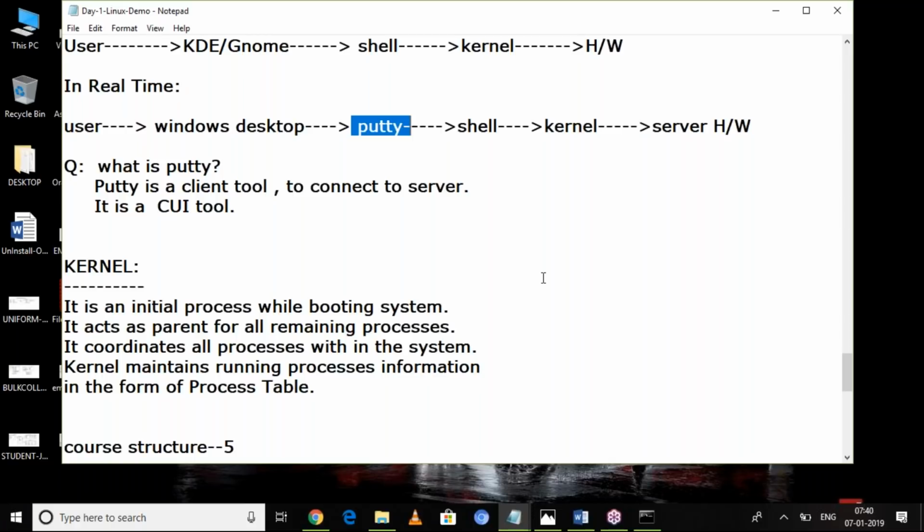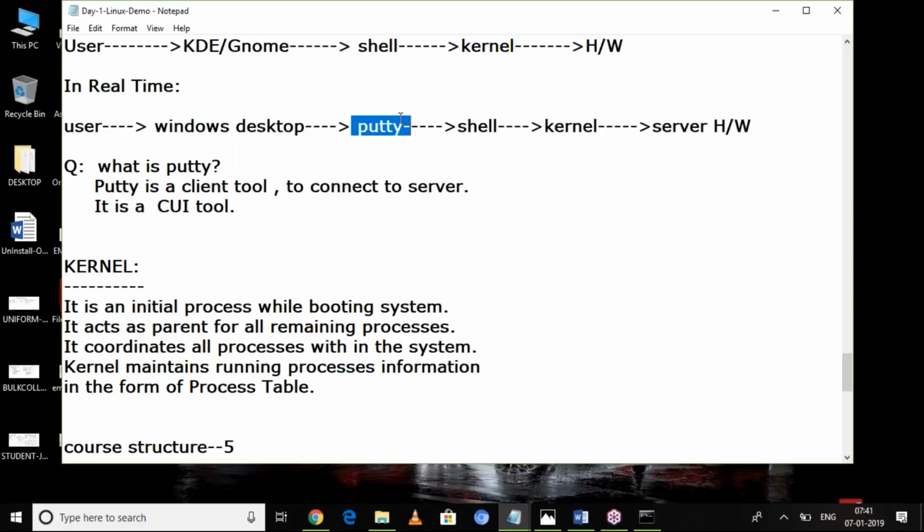What is Putty? Putty is a tool between client machine and server machine. It is an interface between client machine and server machine. Client machine means your system. Server machine means a company server. So if you open Putty, it is asking for three details, three parameters: IP address of the server, username and password.